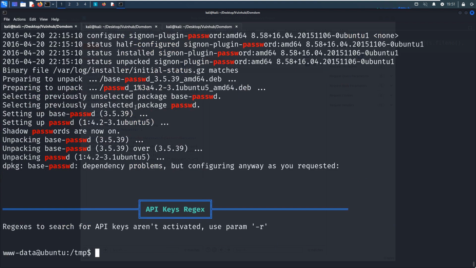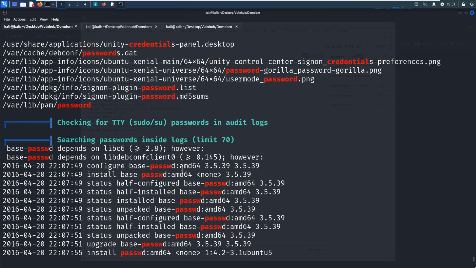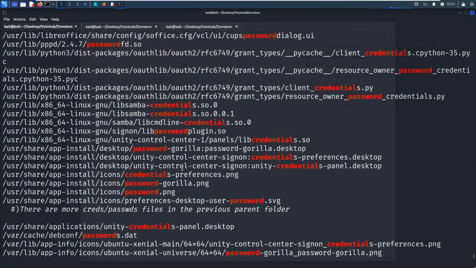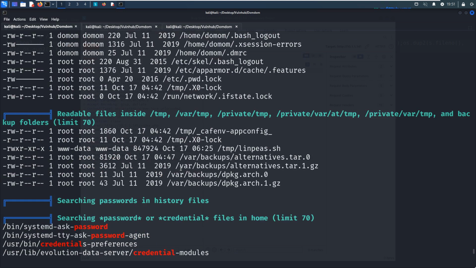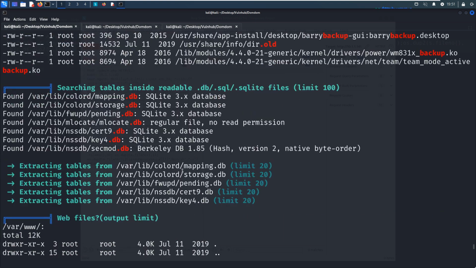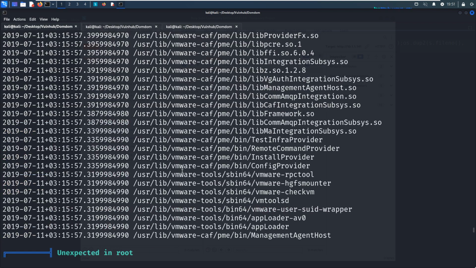It's done, and we have to scroll up to see whether we can find something interesting or vectors. Then we can utilize such a vector to our advantage to elevate privilege, right? This is what I'm going to do now.